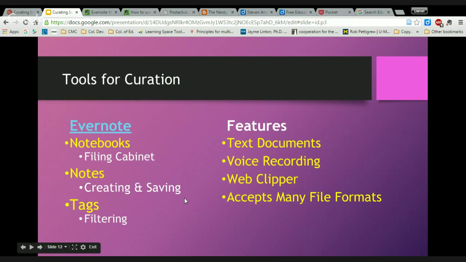And it helps the filtering process immensely. You can find things so much quicker and so much more efficiently when you tag everything within your notebooks and your notes. And so some of the other features that there are in Evernote,